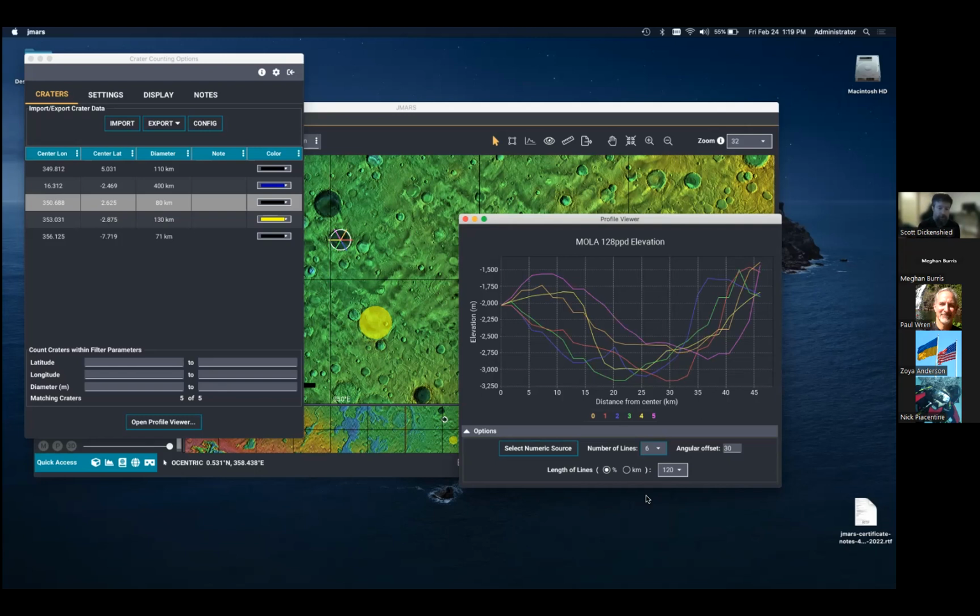If you are, for example, looking at very high resolution data, like you're zoomed in on Jezero crater or something, you could pick a different numeric source. If you had a high-rise DTM, you could use that as your background elevation source, as long as it covered the area that your craters were over. There's no requirement that these actually be craters. If you just wanted to drop it in a spot and see what the topography looks like, the trends in